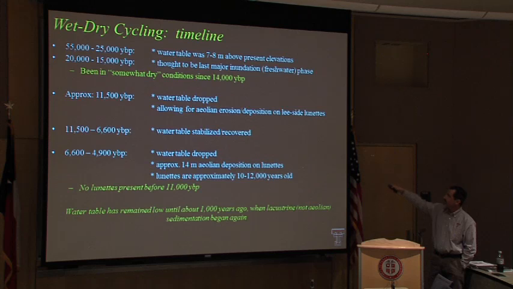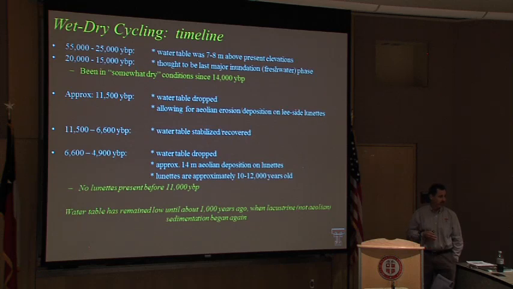And what's interesting to note here is that it was estimated that the water table in these lakes was 7 to 8 meters above current level. So that indicates a significant, even natural variation in the Ogallala aquifer, not just human-induced or climate change-induced in more recent times. So, a 25 to 30 foot variation in what the top of the Ogallala aquifer was at some point in time. So this wet-dry cycling happened naturally, but over very, very long millennial time periods.